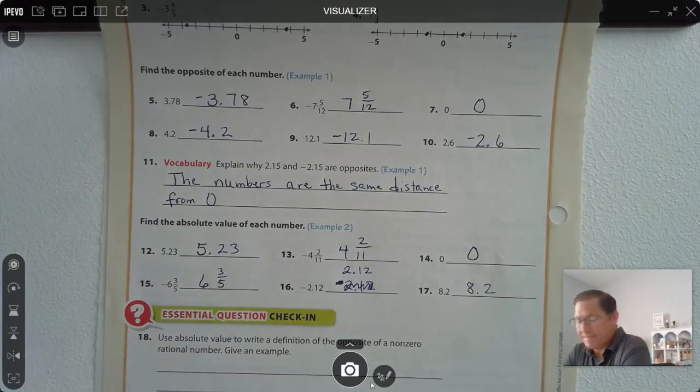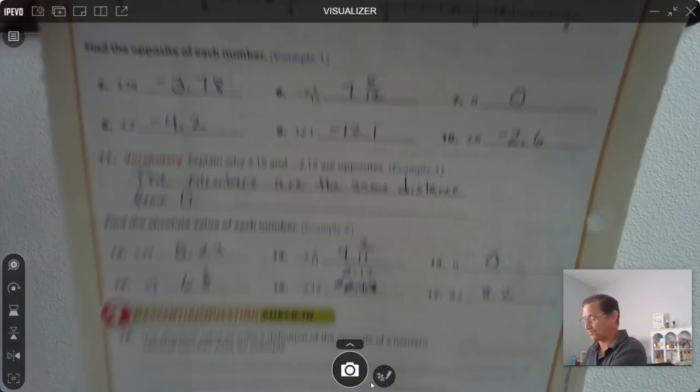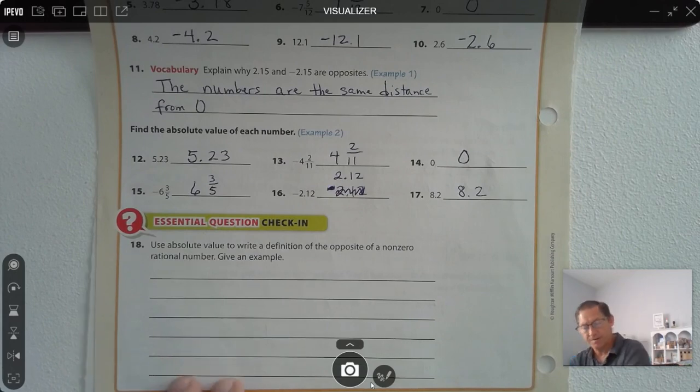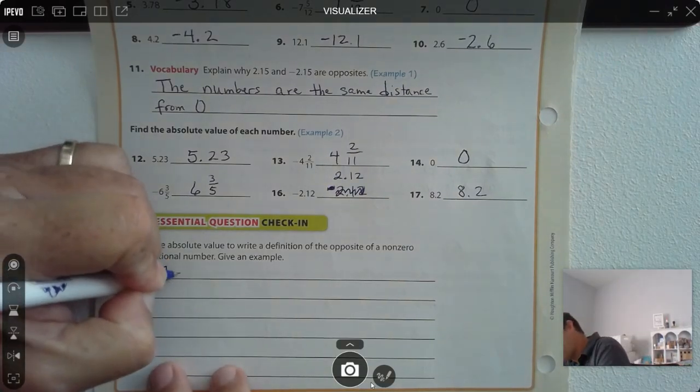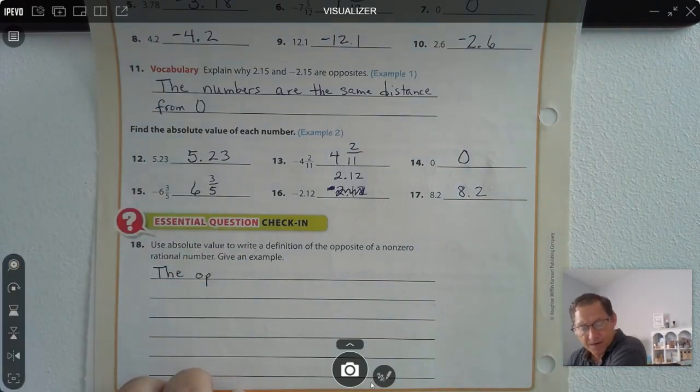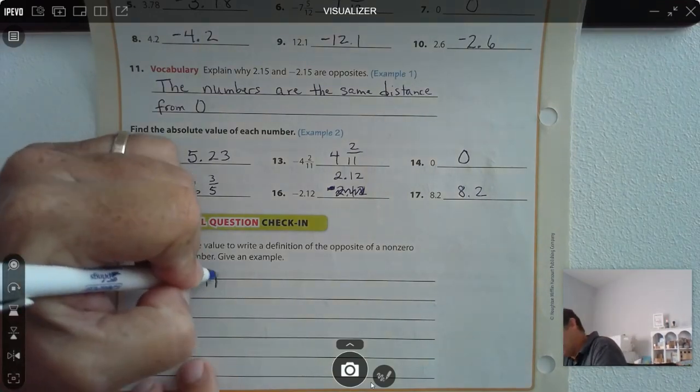All right, number 18. Use the absolute value to write a definition of the opposite of a non-zero rational number and give an example. So the opposite of a non-zero rational number is a number that has the same absolute value but a different sign. All right, so let's write that down. So the opposite